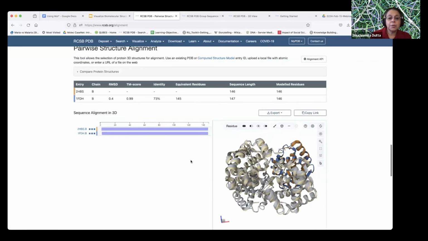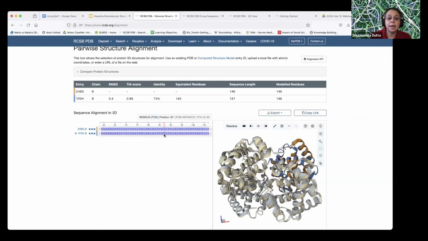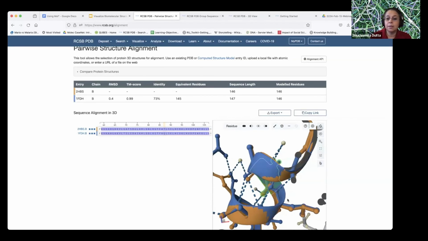I wanted to draw your attention to that position 87 that we were looking at. Okay. And it is this particular position. So in the sickle cell hemoglobin, it is threonine. In the fetal hemoglobin, it is Q. And this idea of having